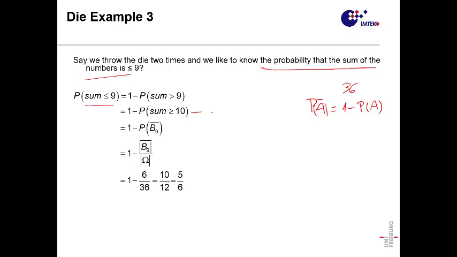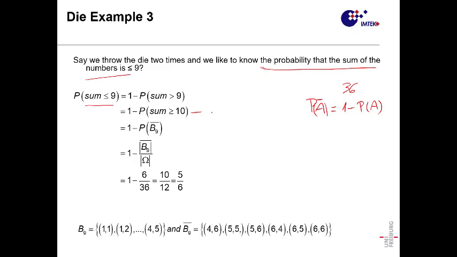Okay? And I think I calculated here, I put it here. So that would be the case where you're counting all below 9 or equal to 9. But if you count all above 9, actually you have 1, 2, 3, 4, 5, 6. So you can get a 4 and a 6. 4 plus 6 is 10. 5 plus 5 is 10, and so on and so forth, right? So basically, the probability to get larger or equal to 10 is going to be 6 over 36. If you subtract 1 minus that, you will get the probability to get less than or equal to 9.